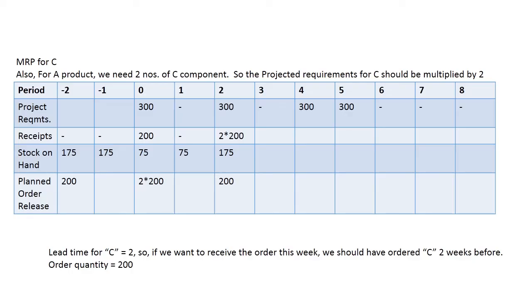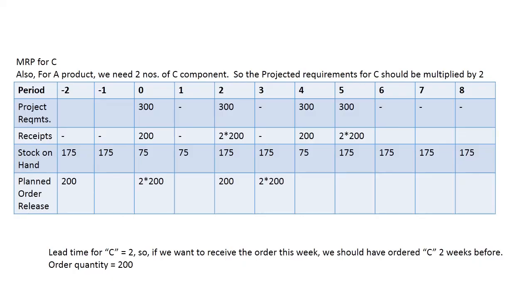We do it for all. And one more thing here, now we have 75 only, but the requirement is 300, whereas the order quantity is 200. So if we make one order, it won't be sufficient to satisfy the demand. So what we need to do is make 2 orders of 200 units. So 2 orders of 200 units are made 2 weeks before, or the 0th week, so it reaches the second week, and makes up for all the table values. Finally we come to the planned order release of C, and we need to order 2 times, in 0th week and again in the 3rd week.